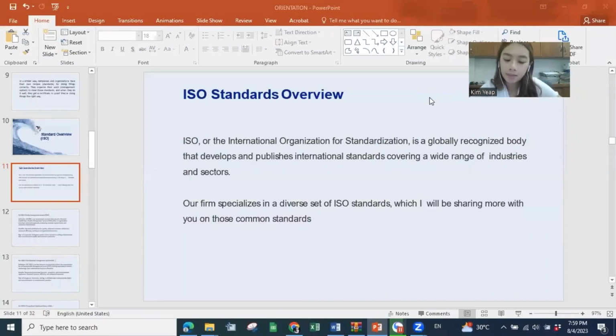Now, I would say that if any one of you, before entering this industry, I am not sure whether you have heard what an ISO is, or have you actually seen ISO somewhere else? Most probably, if you did, it could be somewhere else. Usually, it's at the factory or at the industry area. Okay, kawasan perindustrian.